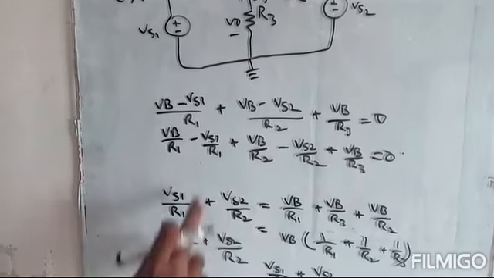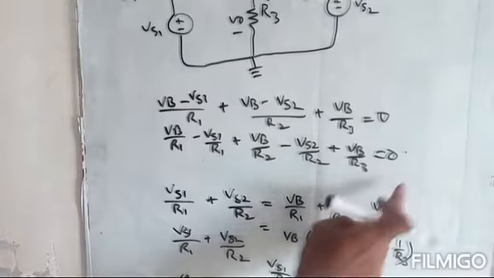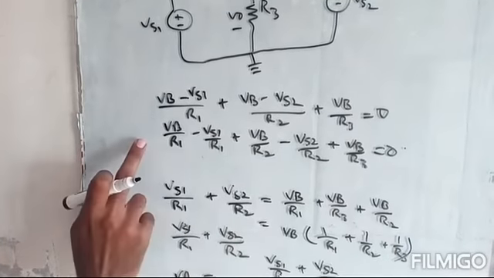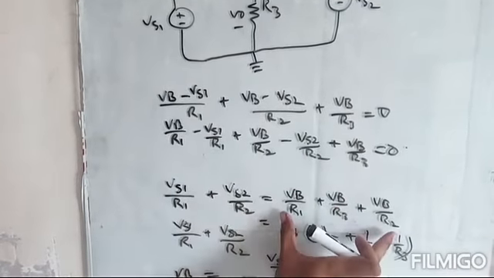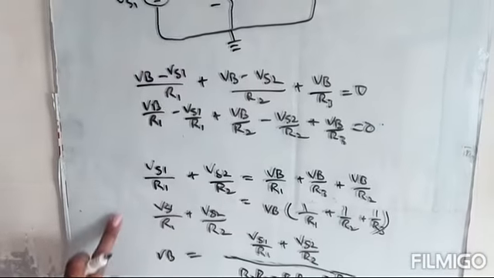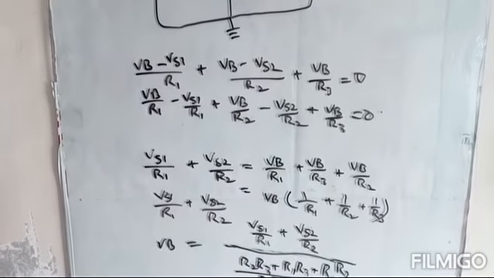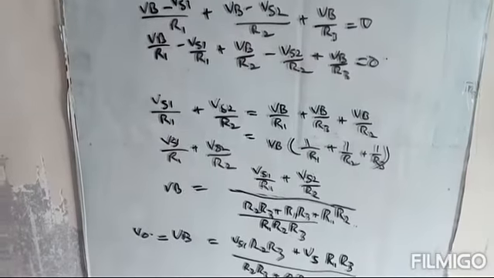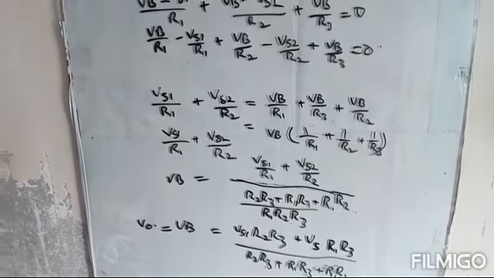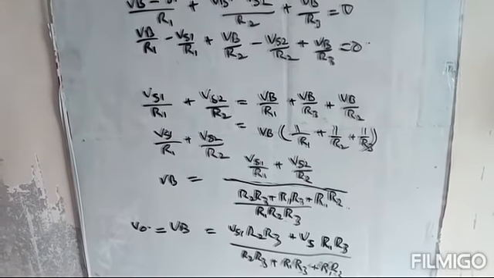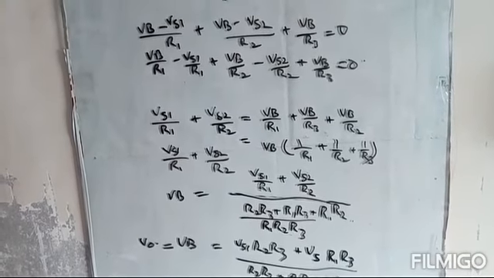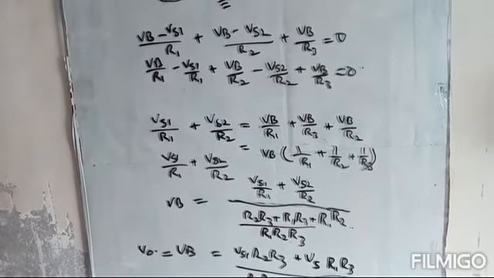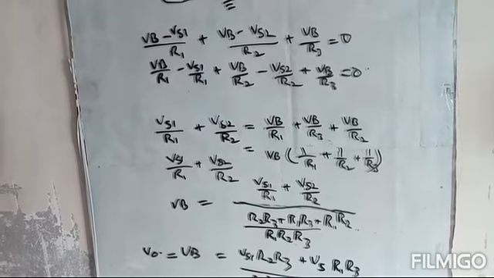As you can see, these two terms will go on the other side and they will become positive, and on this side Vb over R1, Vb over R2, Vb over R3 will be remaining. So the next will be solved similarly and both answers will be same. So in this way you can solve the circuit by both methods, and both are equally lengthy, not much difference. So now we will solve another example to understand the super node concept.